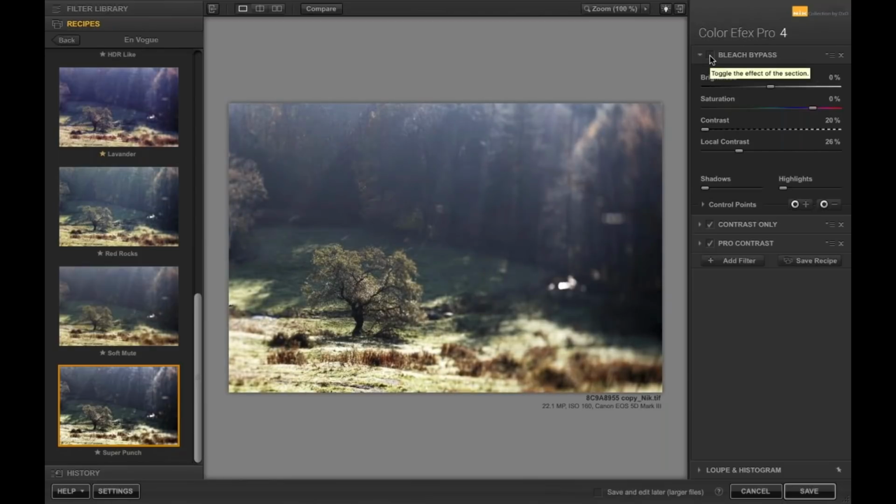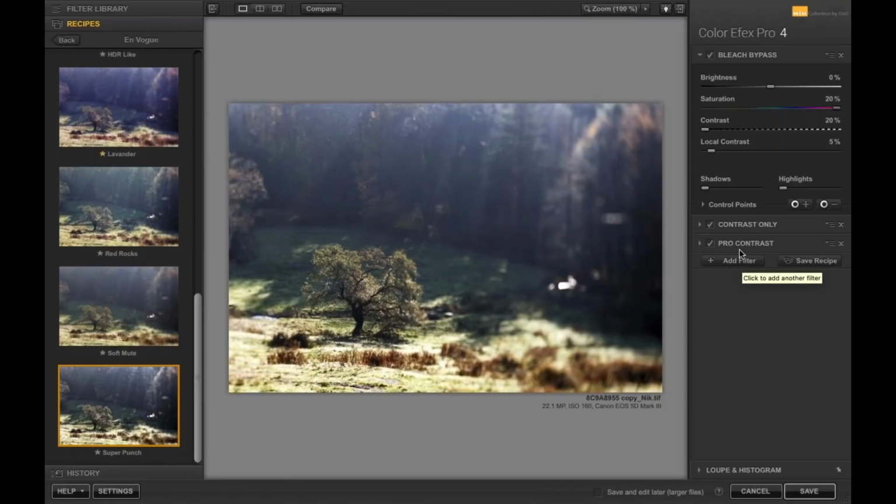I can see what it's doing. I can say it's too strong, so I'm gonna dial back my local contrast, maybe to just 3 or 4%. And then if I want more color, oops, as my notes fall down. If I want more color, there's a few things that we can do. We can just click on the saturation slider and increase the saturation here, or we could actually add a new filter to our filter stack and increase the amount of saturation using maybe the Brilliance and Warmth filter or something